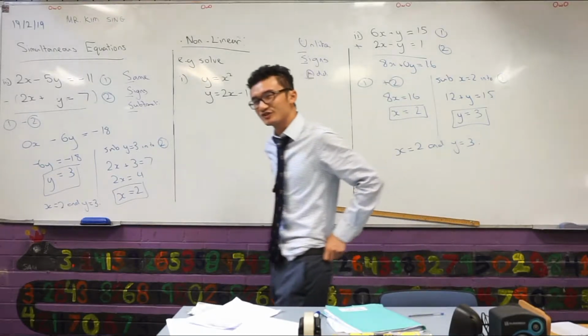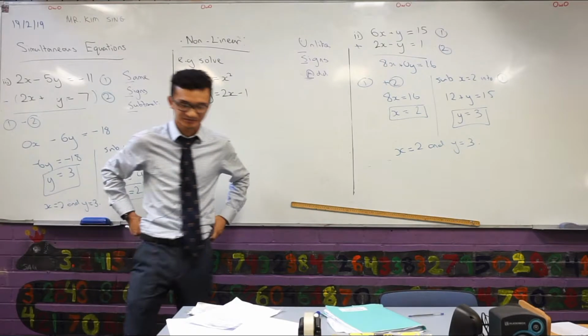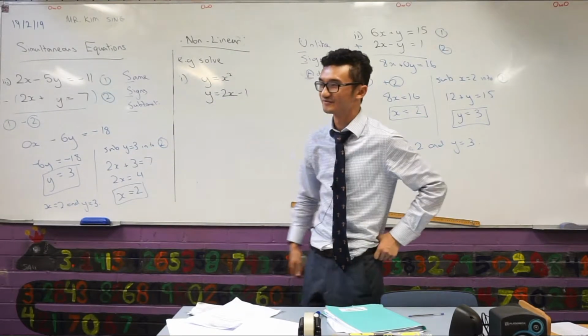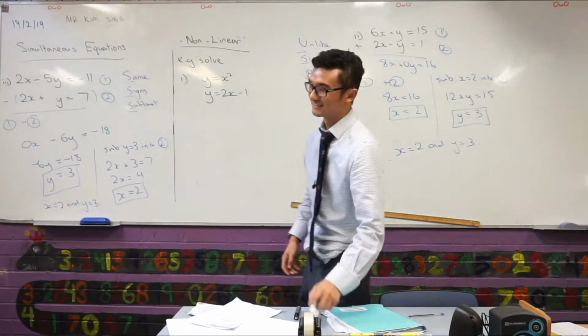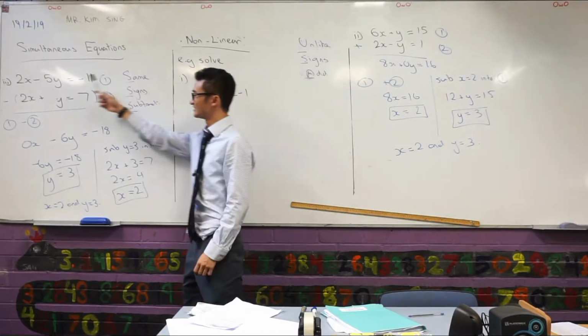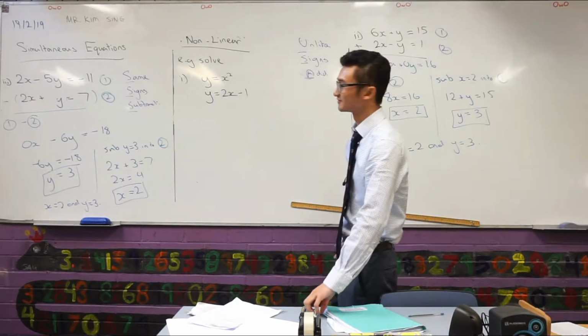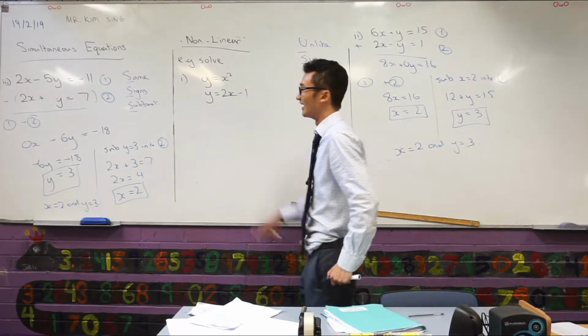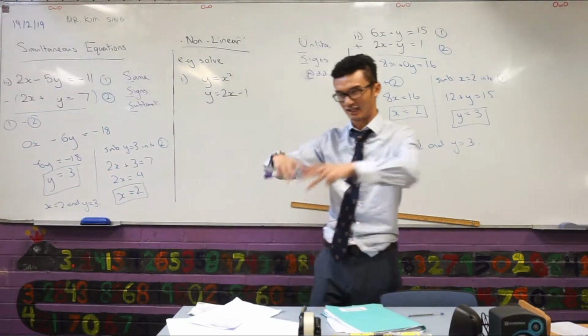These types of simultaneous equations, we call them linear. Why do we call them that? What is linear? Well, what's the difference between these two equations? Now, if you think back to when we were looking at coordinate geometry and graphs and things like that,